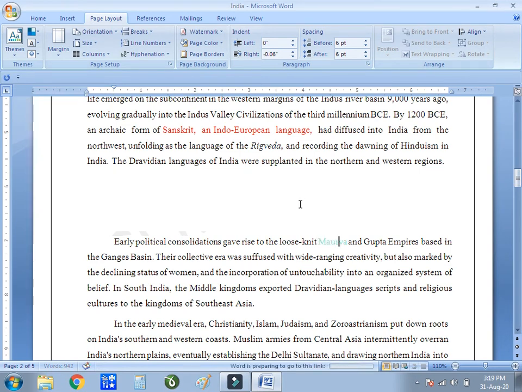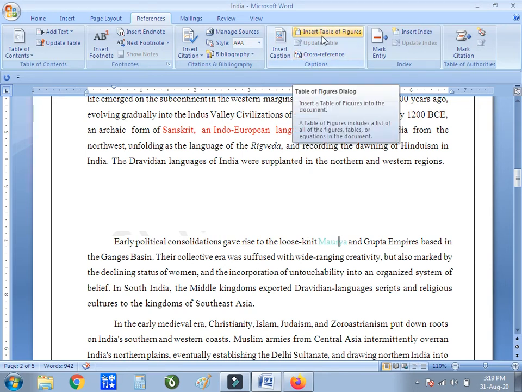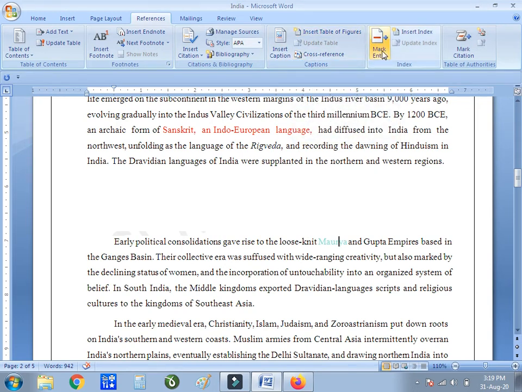If you see here, the next option available is the references. Now suppose if I want to add a reference to my file, here I have to use the different references like footnotes, table of contents, then citations. If I want to add any kind of citations, I can insert from here. Then different captions, if I want to add, I have to select from here. Then if I want to mark any kind of entry, I can go from this, and these are the table of authorities for my citation. So these are the reference options available.